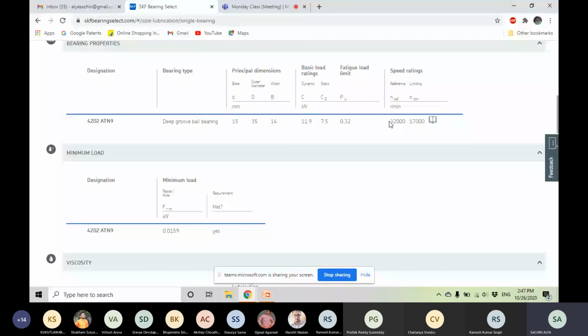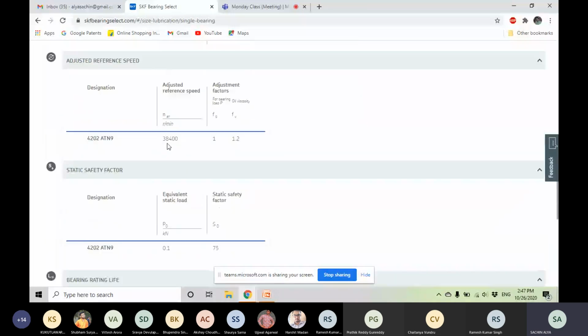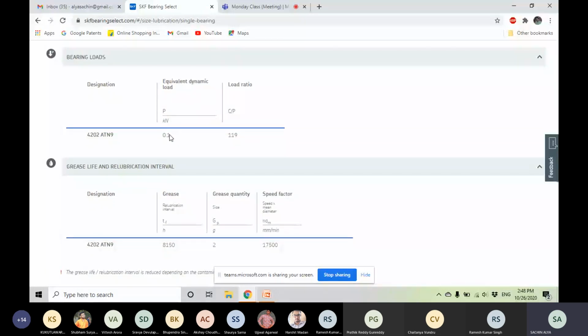So we can see that the adjusted reference speed has increased from the reference speed. So we can conclude that we can go for a higher speed, but our loading capacity is, we have defined our load as 0.1 kilonewton.